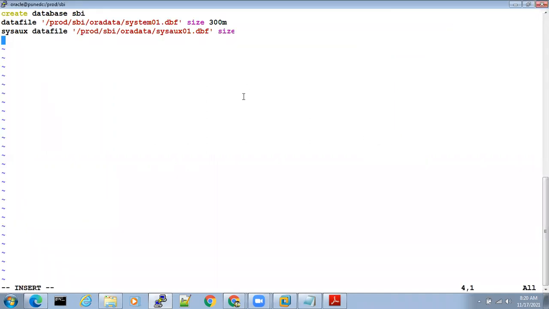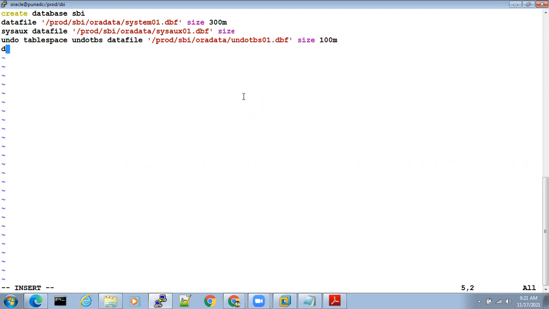Next, undo tablespace undo tbs datafile, single quotes, /prod/SBI/ora data/undotbs01.dbf. Okay, size 100 M.